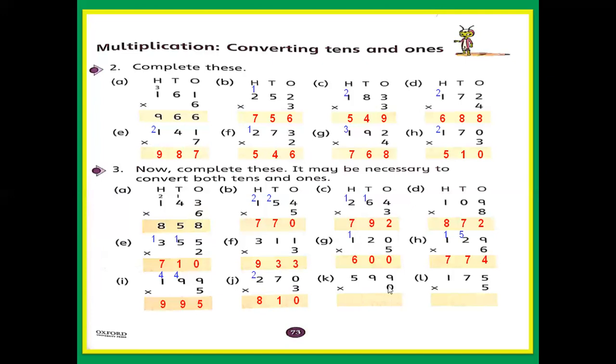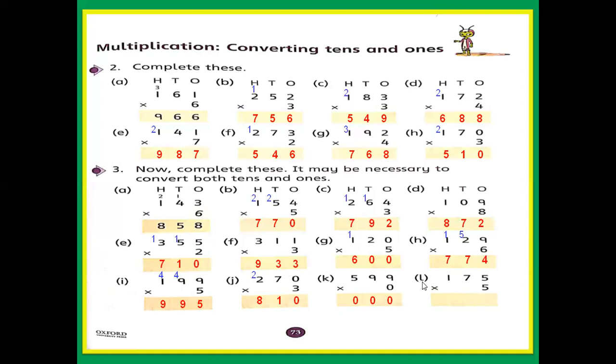Very easy. 0, 599. I told you, when we multiply 0 with any number, small, big, no problem, 2, 10, 30, 100, 1000, million, trillions, the answer will be 0. So 0 multiply 9, 0. 0 multiply 9, 0. 0 multiply 5, 0. So the answer is 0, 0, 0, which means 0. You can write 0, no problem.